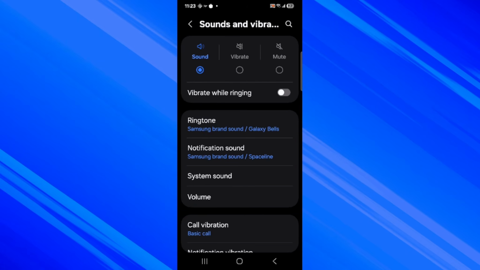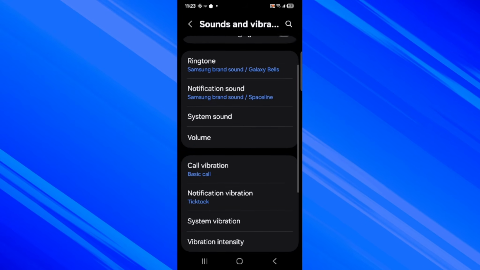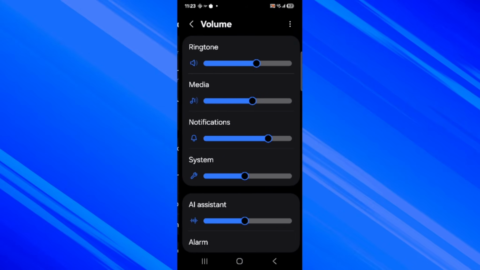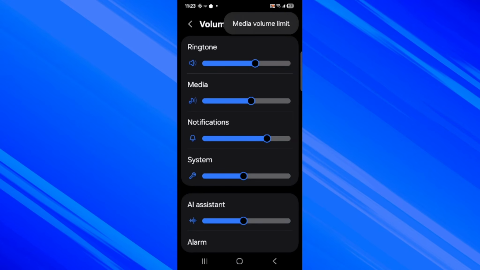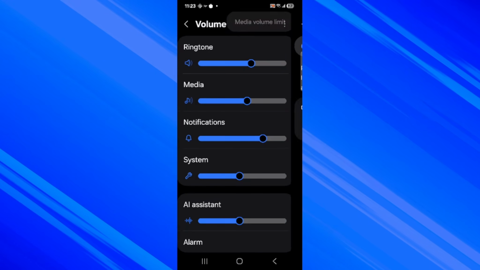sounds and vibration. Now once you're here, we're going to scroll down and go to volume. And from here, you're able to adjust the volume for your ringtone, media, notifications, and system. Now if you select the three dots in the top right corner, you'll also be able to access the media